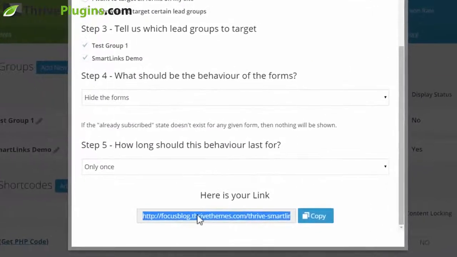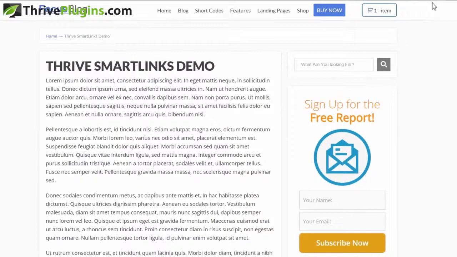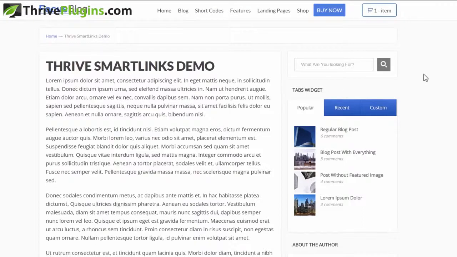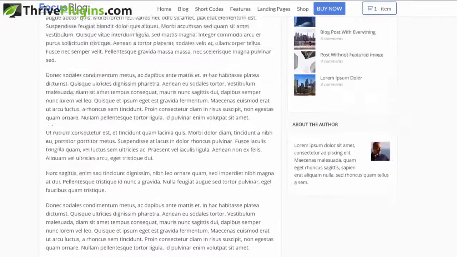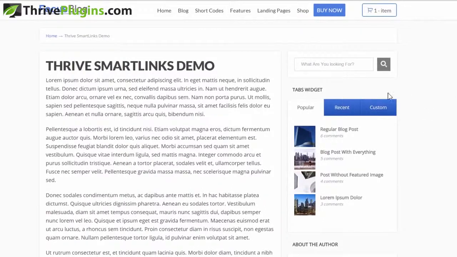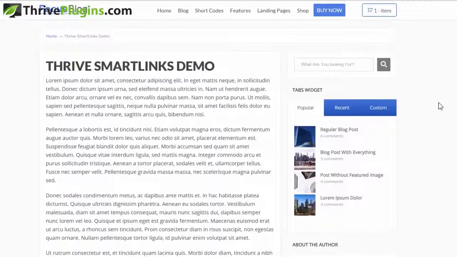Smart Links will give me a special link that I can use, and I can send this link in my emails. So whenever I send an email to my existing subscribers, I send them to this link, and here's the page that they will see when they come to my blog through this link. So what we have here is just the same page with the same content, but it's all cleaned up. So we're not showing these subscribers these opt-in offers in the sidebar, at the bottom, or an overlay. We're not interrupting our existing subscribers. They just get a clean, simple content page, no distractions and no redundant offers.